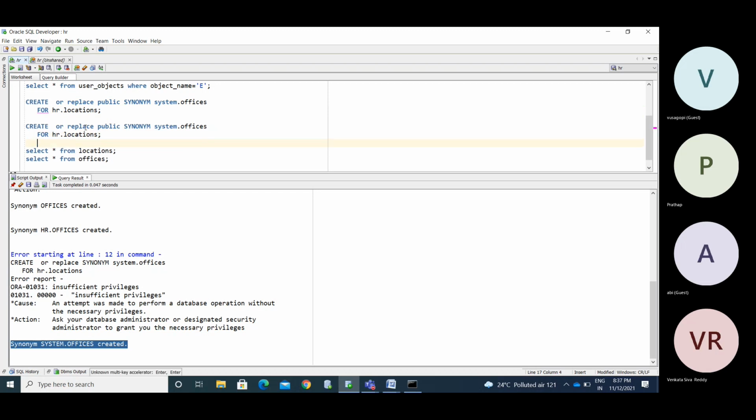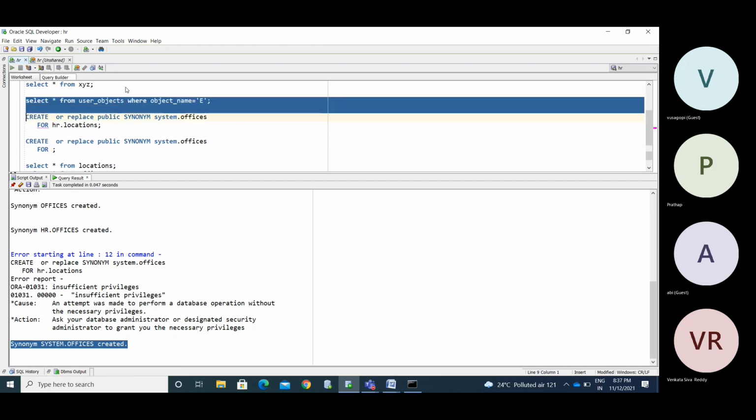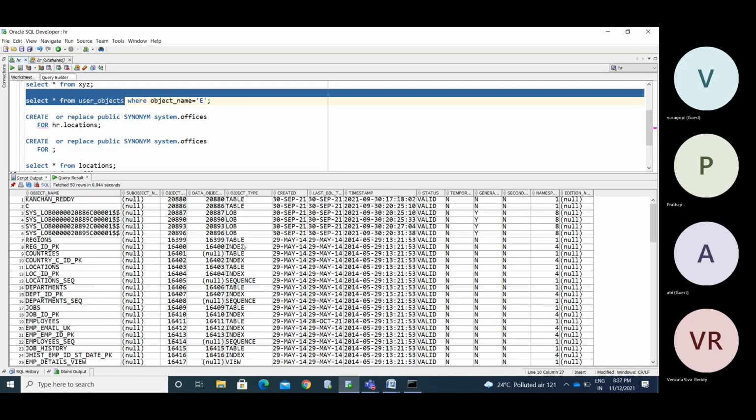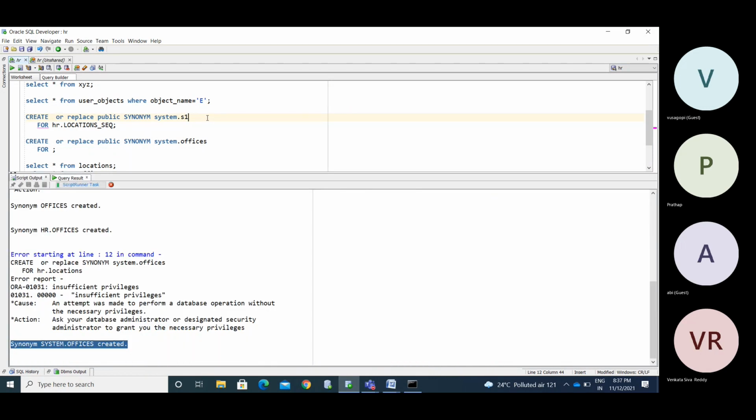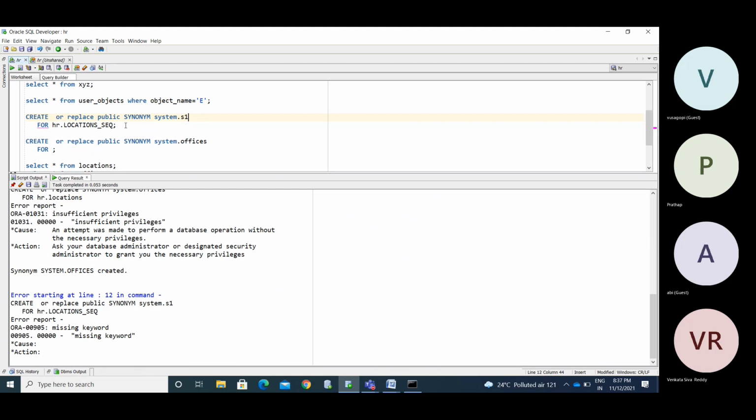Let's see what things we have in user_objects. We can create one for each and every one. Take a sequence, the locations data sequence, and try with that.